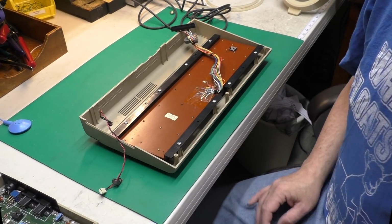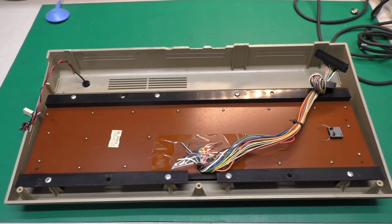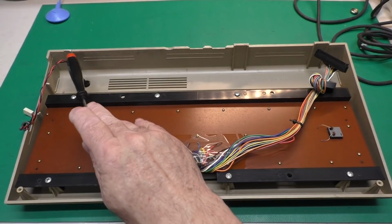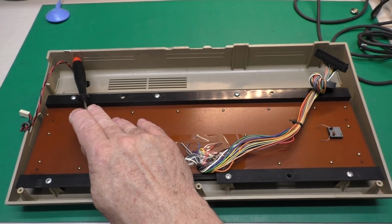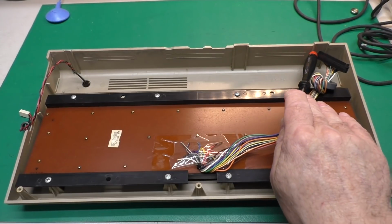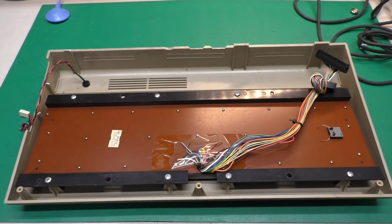Let me get you zoomed in here. Here is our top case turned upside down. And one of the most typical areas for breakage is these rear clips. You can see this one's snapped off, but these two are okay. We'll zoom in on that in just a second. And also, all these mounting post locations tend to split where the screw goes in, so we'll have a look